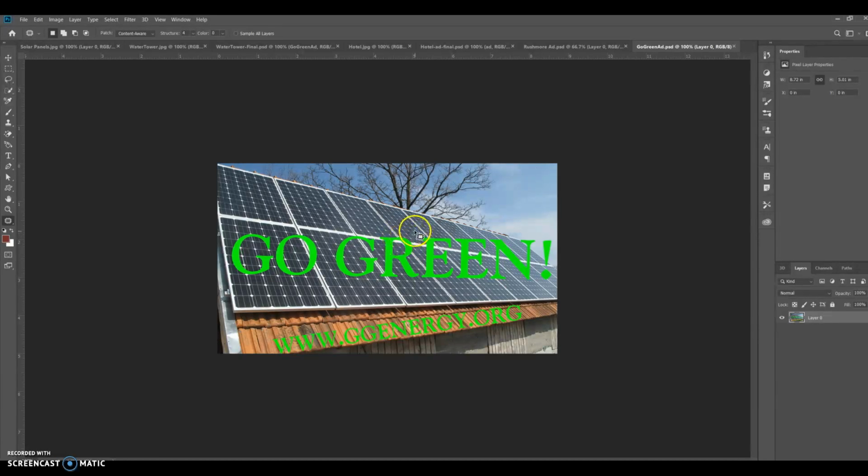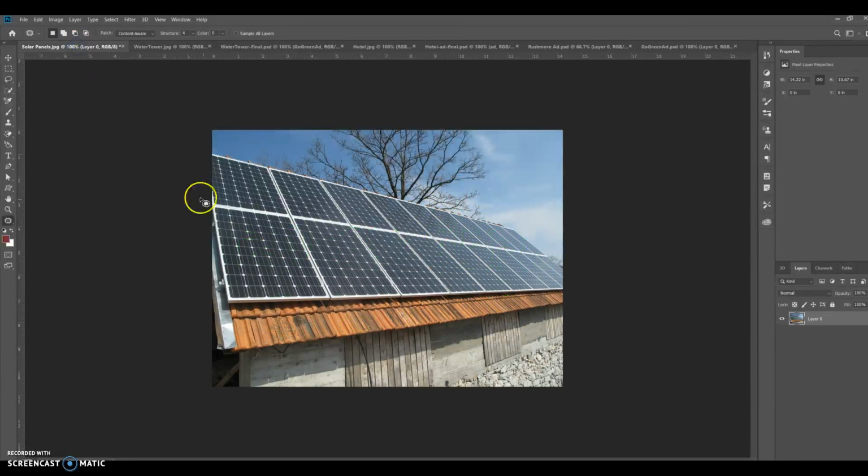This is actually going to be the ad that I'm going to be placing on all of the buildings and stuff that I chose to do so. To get to this point, I started with this picture here, and I did a